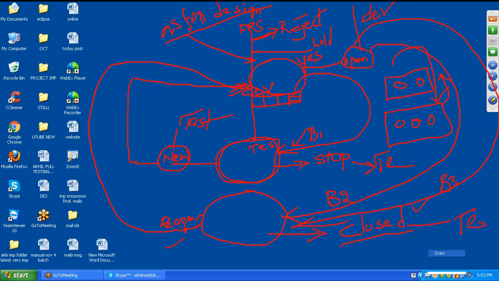Rejected status is given by developers. Hold status is given by developers. As per design status is given by developers. Okay, this is the bug life cycle, very, very important.